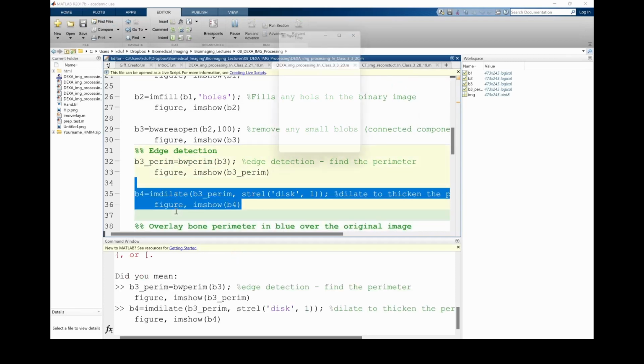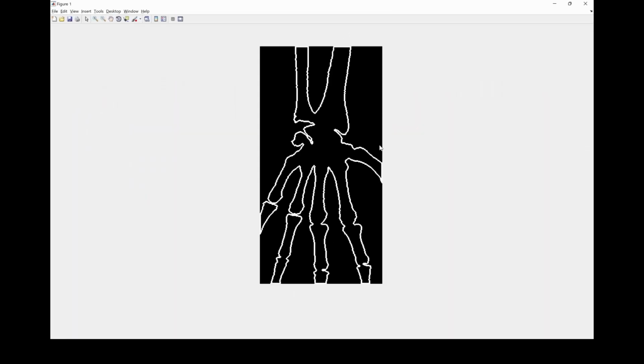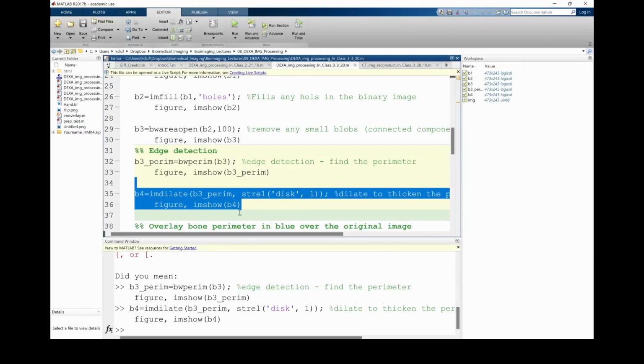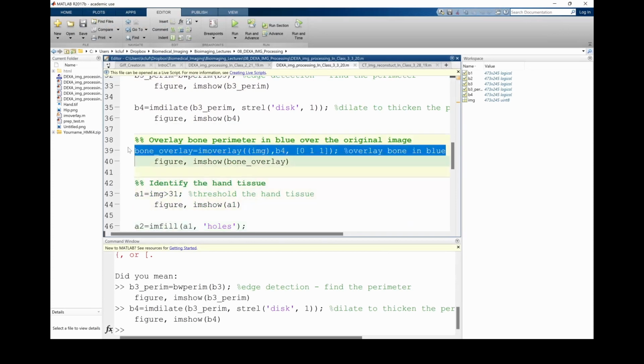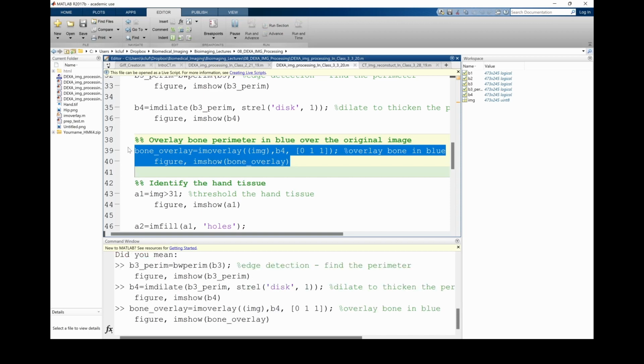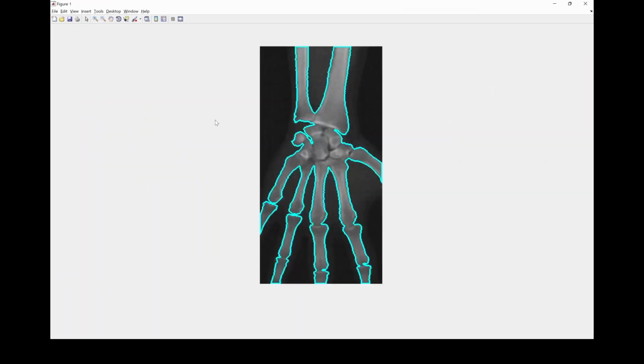So I just make it a little bit thicker, and then I'm happy with this. It's a little bit easier to see. So that's the outline of the bone. Then I'll use another function to overlay it on top of the original image. And so here you see something that looks similar to what the DEXA imaging system would have produced. We can identify the bone,